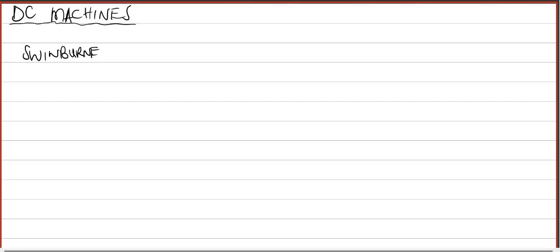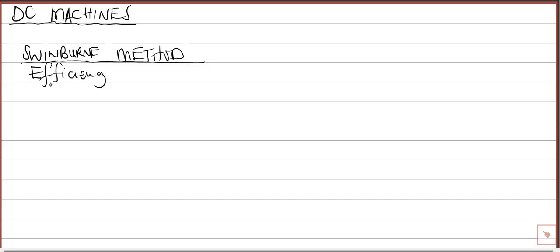Alright guys, we want to go through the Swinburne method, and I want to take you through the formulas which you see on your formula sheet, but I'll write them down. So the Swinburne method is all about how to calculate efficiency. The standard formula for efficiency is always P out over P